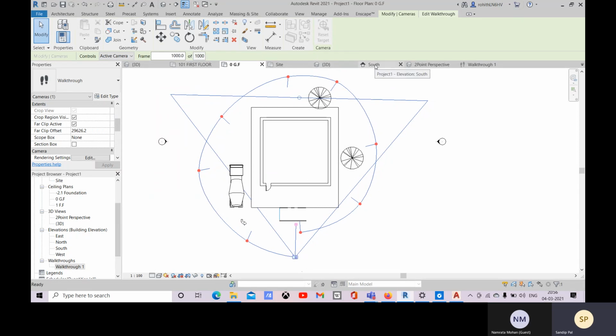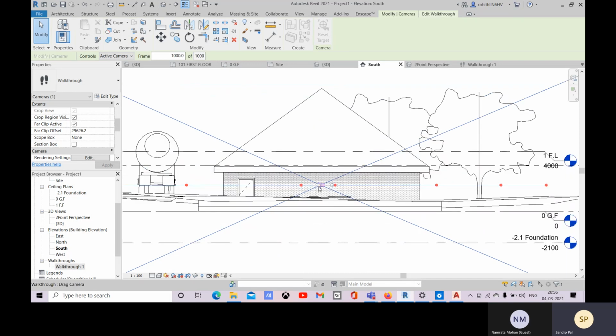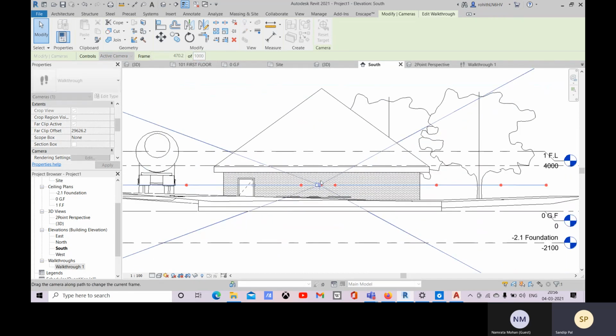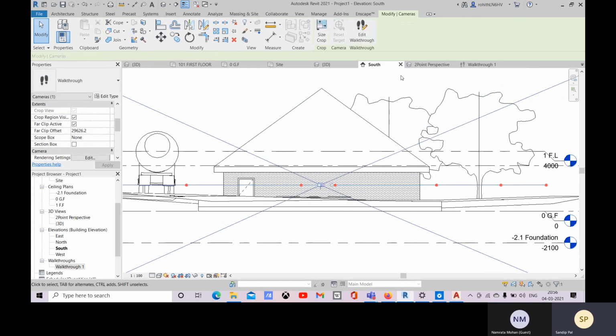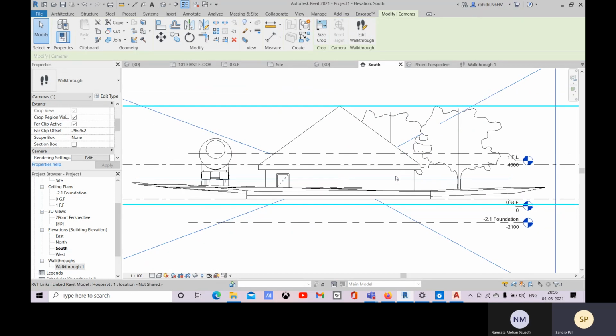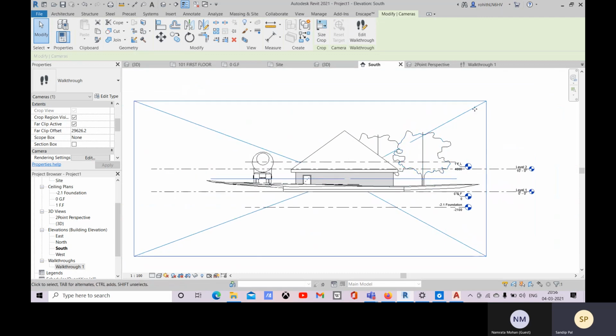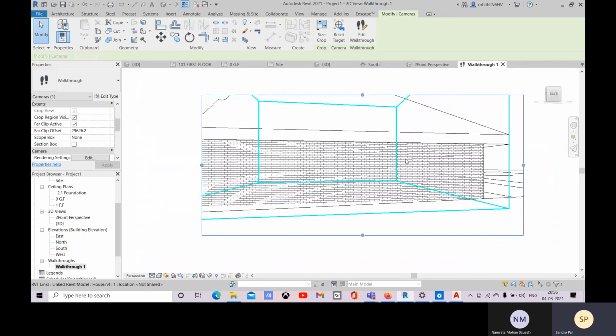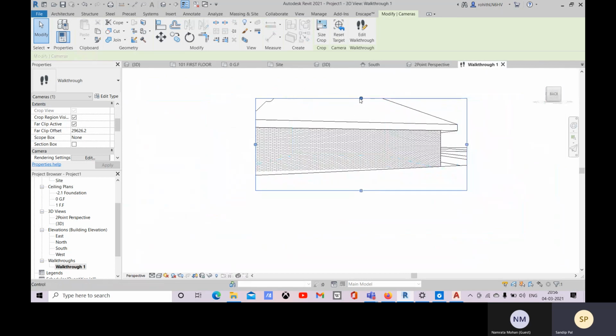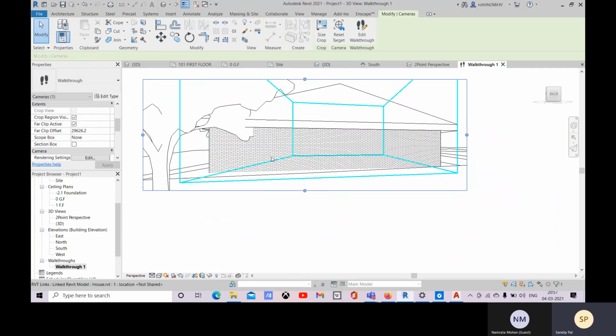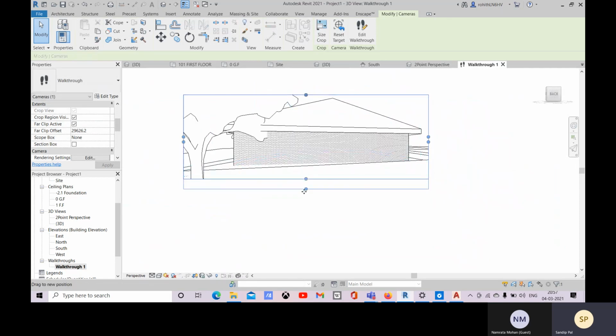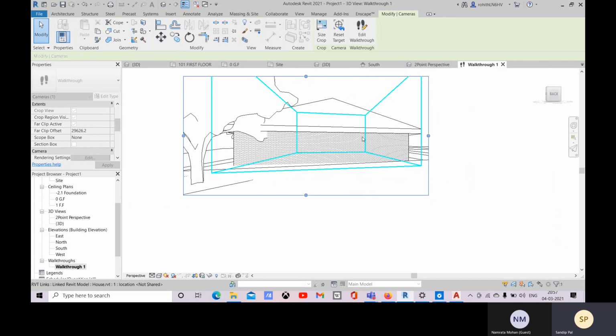For that, come to this south, and here you can see that you have this one. Let's just cancel right now, and here you select this. Come to this walkthrough, and here you can change. Here you can have a better idea of how much you should see.